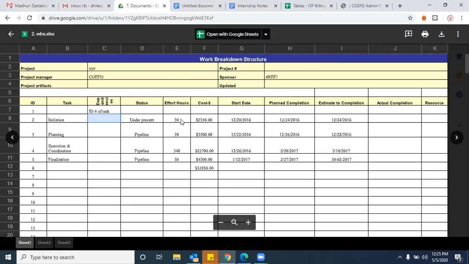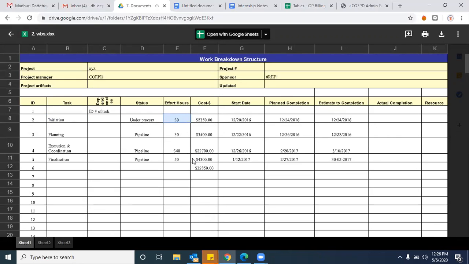And effort hours, actually how many hours you are planning for this initiation phase. It is all about man hours going forward, not particular days. Since many years IT companies are following only man hours. They are not following man days. Day is different, hours is different. Even I told you in Scrum, if you remember. On a day basis, if you are working 8 hours, effectively this 8 hours will be calculated as only 4 to 5 hours, hardly 4, not even 5. Half of the hours they'll calculate, because effective working hours is only 4 if you see. Right or wrong? So the actual man hours required to complete this particular initiation phase, we need to write it here.